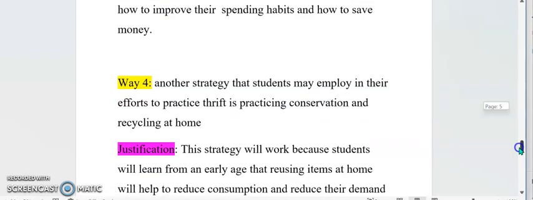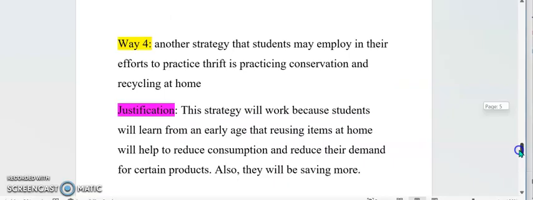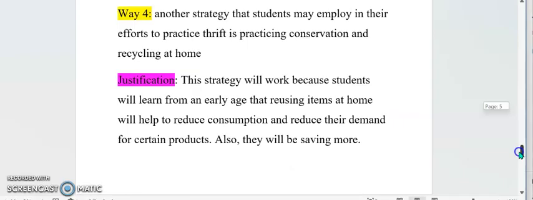All right, so the justification for way four: this strategy will work because students will learn from an early age that reusing items at home will help to reduce consumption and reduce their demand for certain products. Also, they will be saving more. Expanding more on students practicing conservation and recycling at home in their bid to become thrifty consumers, they will also avoid products with plastic wrapping because definitely this will contribute to pollution, right? They will, as we said before, practice recycling glass bottles and plastic containers. Also, they will want to buy or use products that are advertised as environmentally friendly products,